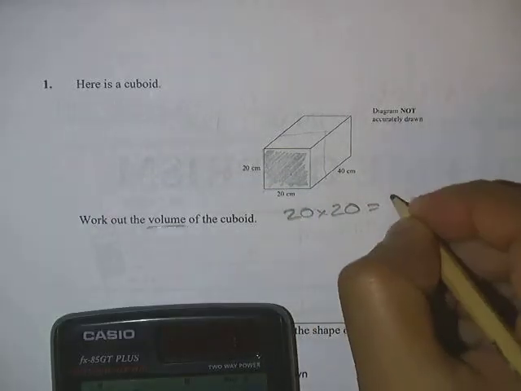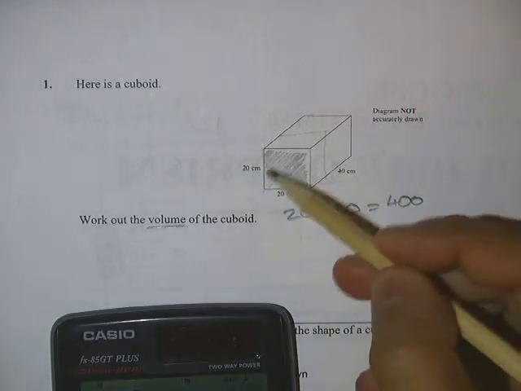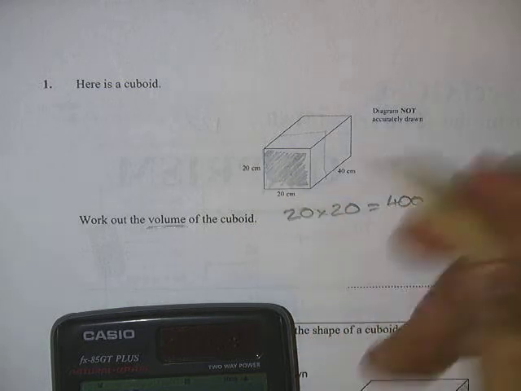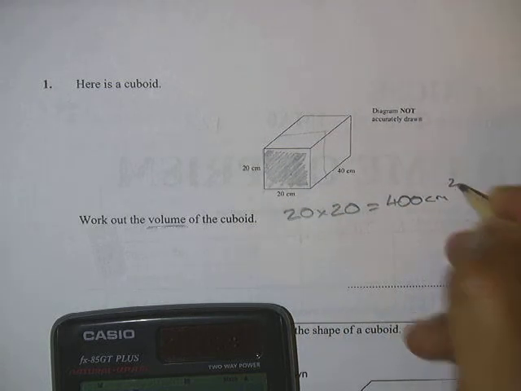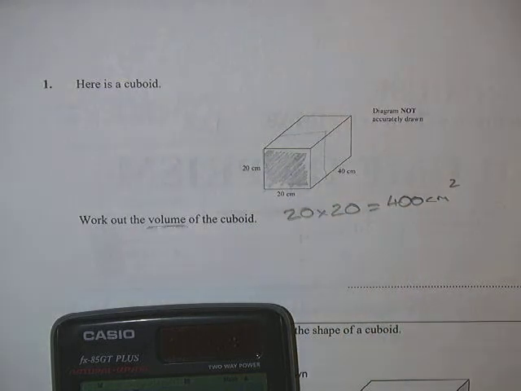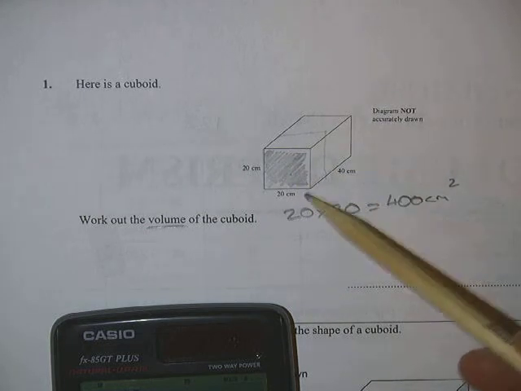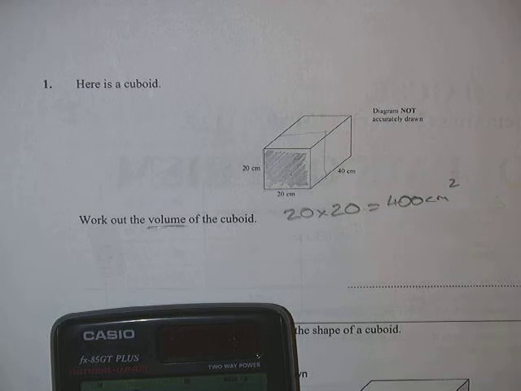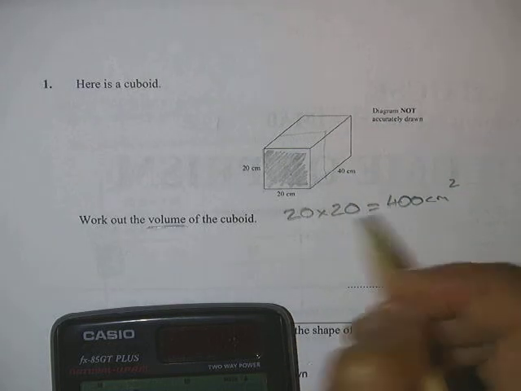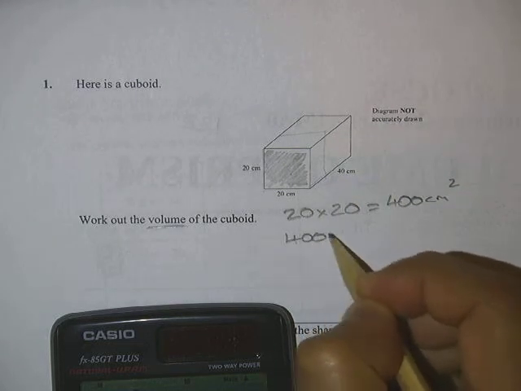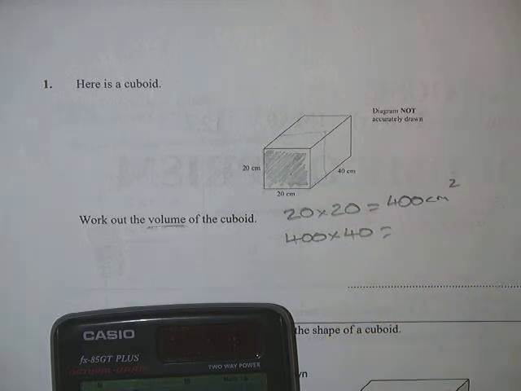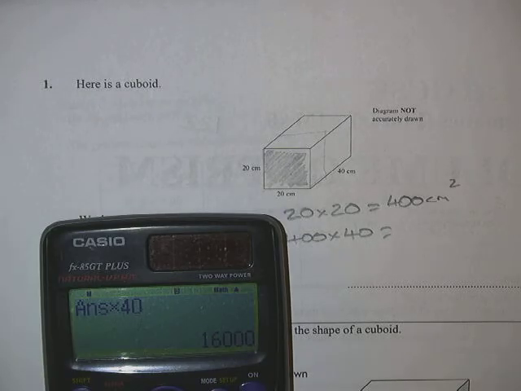20 times 20 is 400. We know that it's the area of that cross section. Units are both in centimeters, so area is always squared. So it's 400 centimeters squared. Now we've got the area of the cross section, we times it by the length there. We know it's 40 centimeters, so we're going to do the area of the cross section, 400, times the length of that shape, which is 40. We're going to times that together on our calculator and we get an answer of